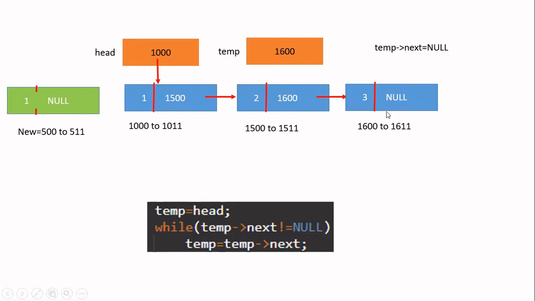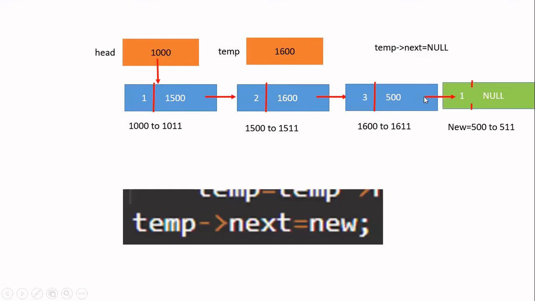So that connection we are going to do. You see, this I'm going to do, okay? How to do this one? Now, previously, this was containing null. Now, instead of this null, you have to store the starting address of this green color node. The starting address of the green color node is available in new, okay? By means of malloc, we have allocated. So that new, you have to store it in the next field of temp. So I am writing temp arrow next is equal to new.